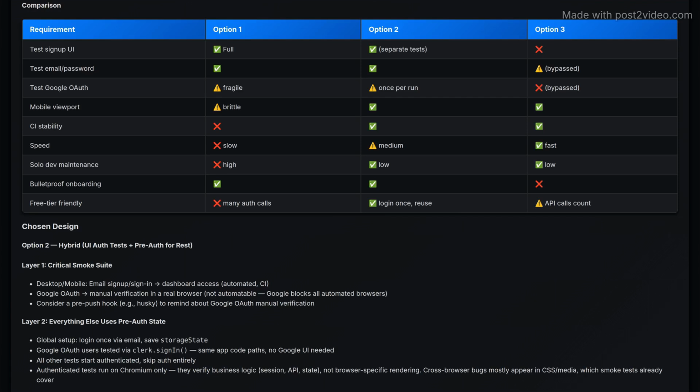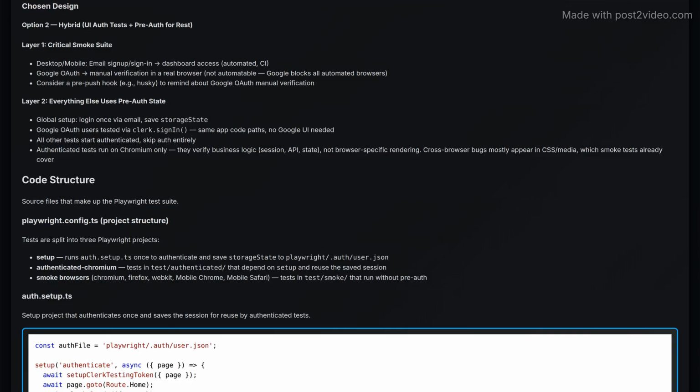Comparison of the options highlights pros and cons, focusing on how each aligns with testing requirements, such as speed, maintenance, and testing comprehensiveness. The chosen design is option 2, a hybrid method which balances UI auth tests with pre-authentication for